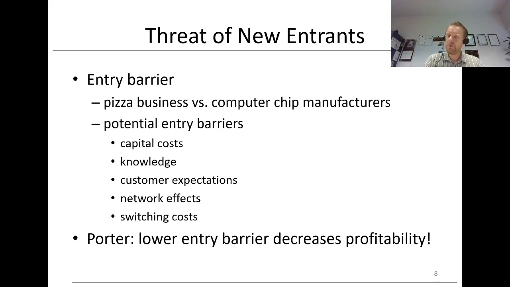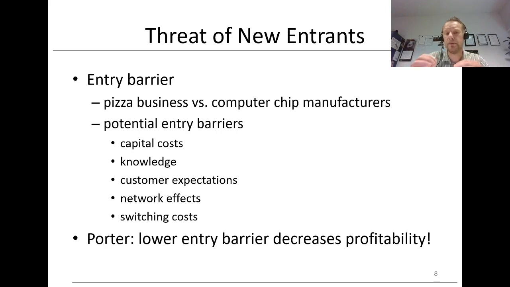Another example could be setting up a new business that makes computer chips. So you're going to become a computer chip manufacturer. Obviously, this requires a lot more investment. So let's have a look at potential entry barriers there. For the pizza business, your capital costs are pretty low, because what do you need? You need just a place where people can sit and have their pizza. You need a pizza oven and so on. And you need the ingredients. So the capital costs are pretty